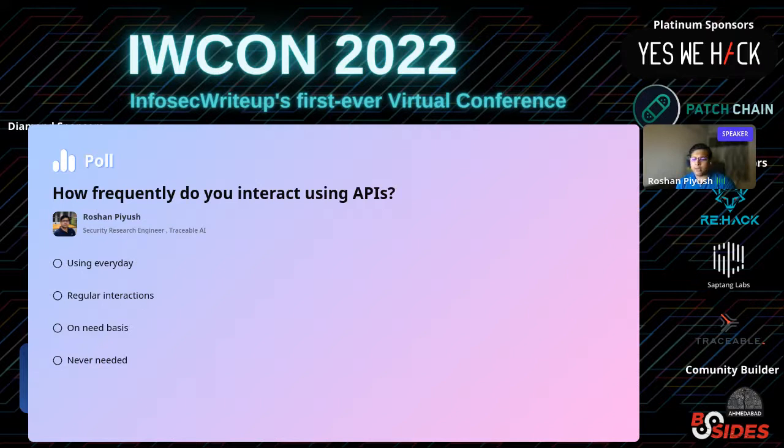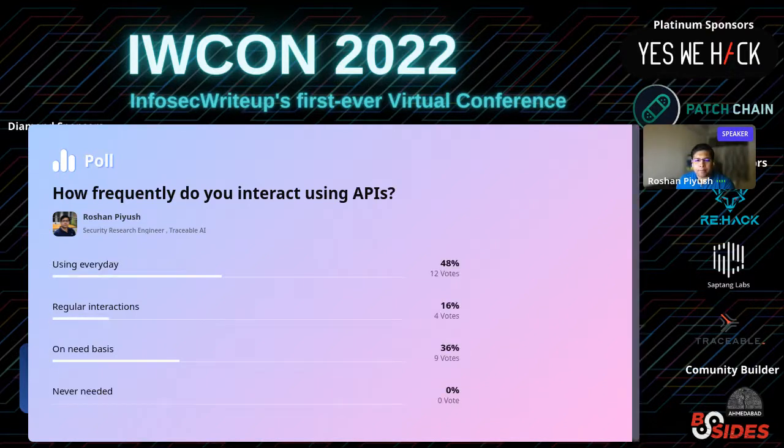I think unknowingly or knowingly, we have been using APIs every day. It's just a matter of how well we observe them, because APIs are in everything you use: our phones, even smart TVs, or even the smallest bulbs that we have. Yes, smart bulbs have APIs. Let's close the poll and take it further. I see we have both kinds of audiences: people who are very familiar with APIs and use them every day, and some who use them less often.